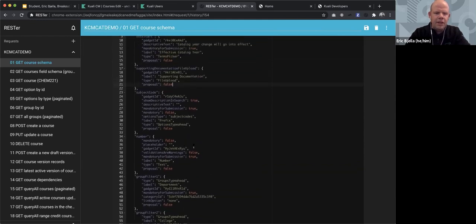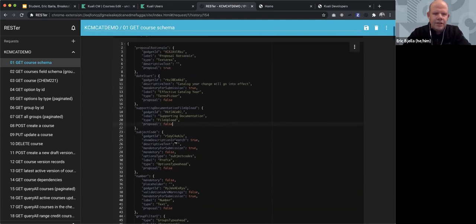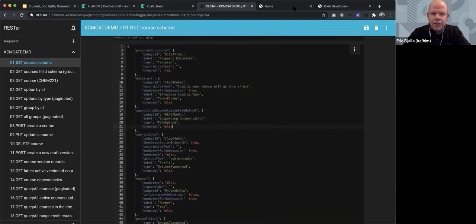And one thing that I want to sort of plant the seed on right now is that certain types of fields